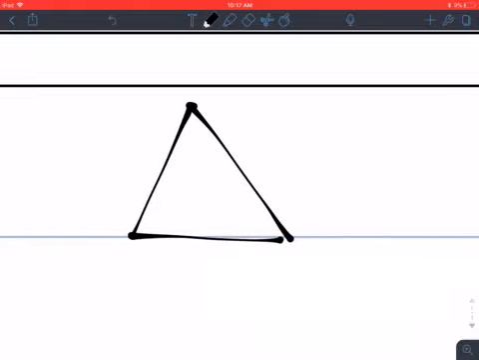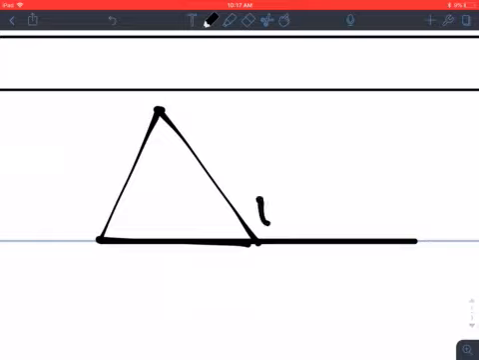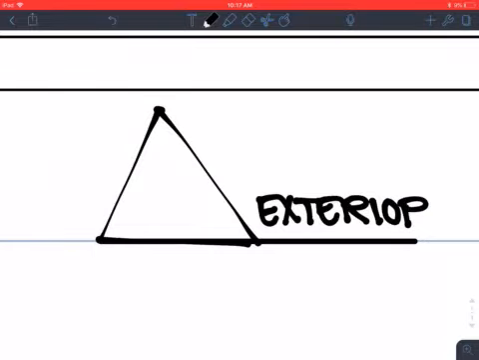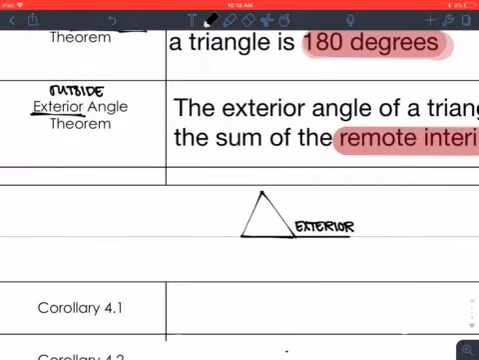Now, in order to draw an exterior angle, all you're going to do is continue out with one of those sides, so it extends outside the triangle. And then this angle on the outside is our exterior angle, okay? So what this definition says is that this exterior angle is going to be equal to the sum of